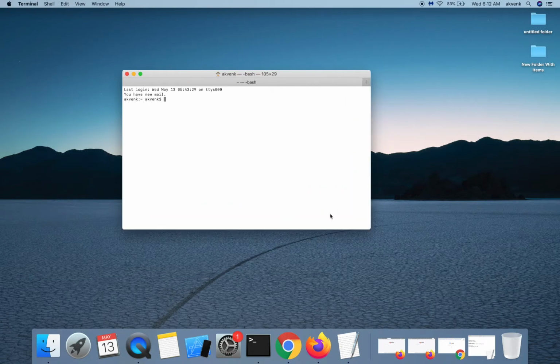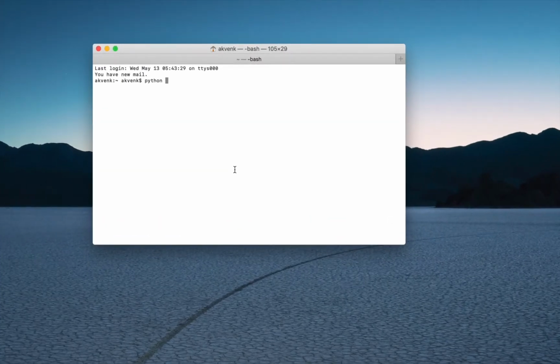When you buy a Mac, it comes pre-installed with a default Python version. You can see this Mac currently has Python version 2.7.15 and it is the system default Python version.